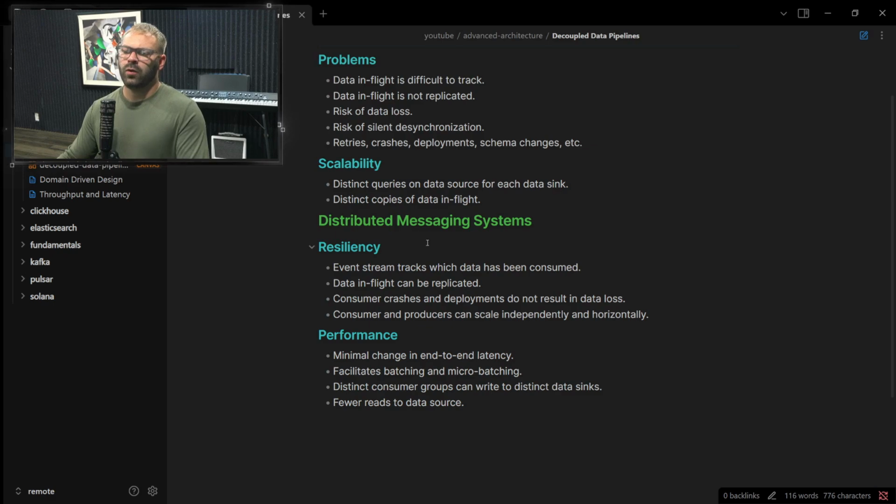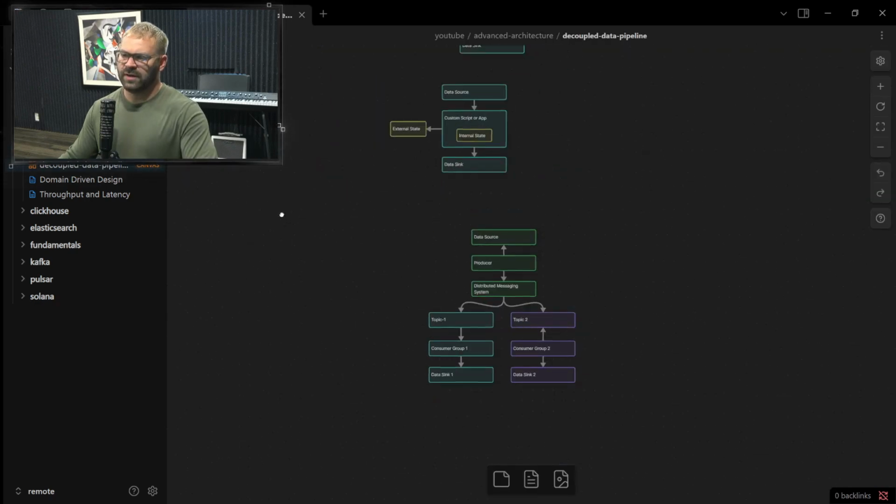But for now, we're thinking very high level, and we're using this distributed messaging system so that while data is in flight, we are creating a replica of that data. And we are no longer relying on the internal state of our application to keep track of which records are in flight, because it is already recorded in the messaging system on the topic, or with offsets, or with ACKs and NACKs. We won't get into the details, but the state management is handled by the distributed messaging system. And this also has additional performance benefits, which we'll talk about after we get into the mechanics of how this works